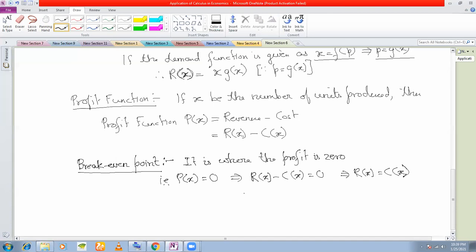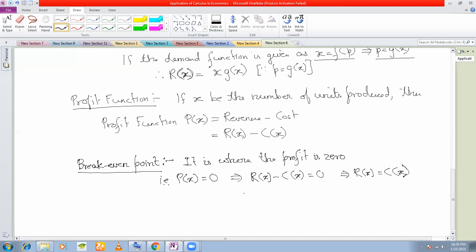Okay. So the question is that suppose Govinda is running a factory, and the market situation is not good. He wants to decide how many units, how many goods, should he produce so that he is at least able to maintain his factory expenses. You understand what I'm saying? He says, okay, fine, I don't want any profit. Market situation is really bad. If I can maintain the cost of my factory, that will be enough. Then the question is, how many units should he produce?